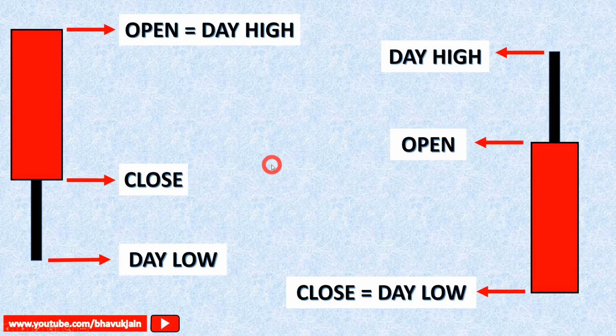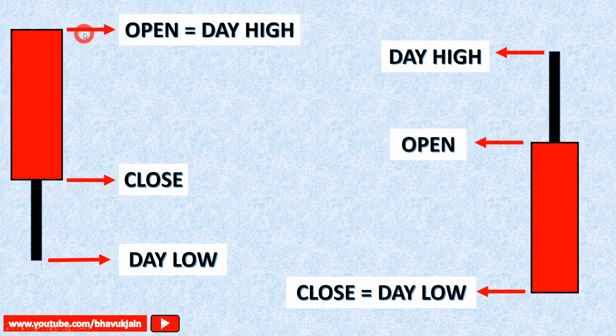So previously we saw a bullish candle formation of these kinds. Now we will see the same for a bearish candle. So as you know, the bearish candle opens at the upper side of the body. Okay, see here the open and also here the open. So in the first example, the price opened here, that was the day high. Okay, because there is no upper wick. The upper wick signifies that the price went as high as this point, but if there is no upper wick, that means the price at which it opened is the day high only.